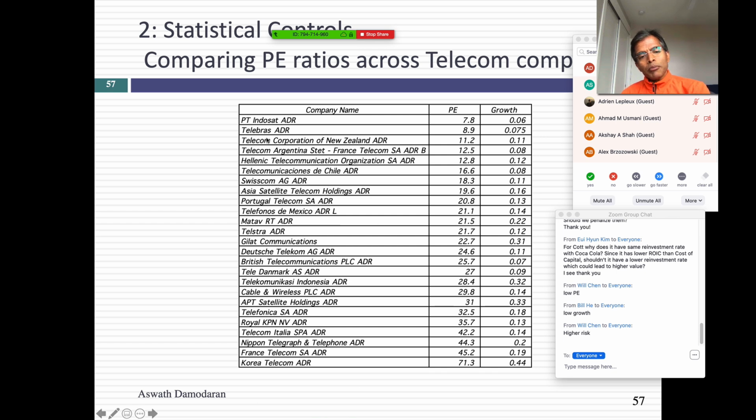The 2 companies I'm going to put a buy order on are Indosat, which was the Indonesian telecom company then, and Telebras, which at that time was the Brazilian telecom company. It's since been broken up into 7 telecom companies. Why? Because they have really low PE ratios. But you see the problem, right? They have really low PE ratios, but they also had low growth. But in addition, there's another factor here.